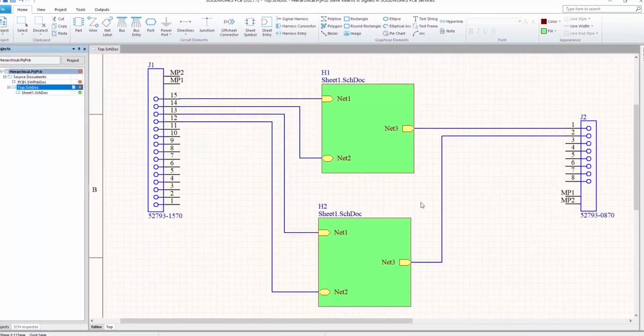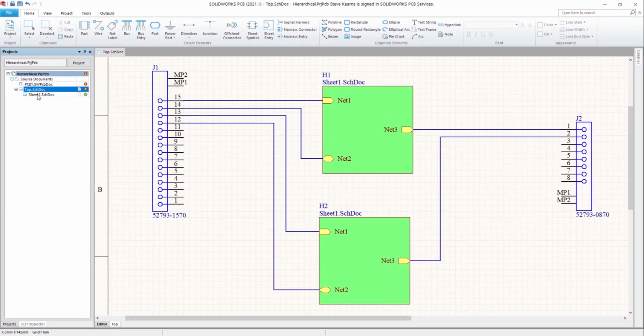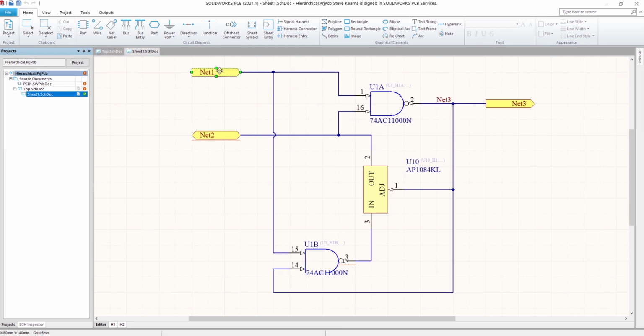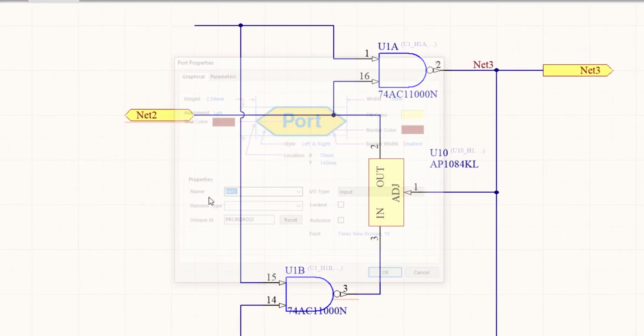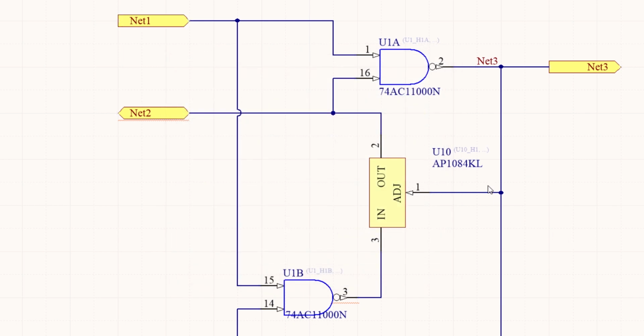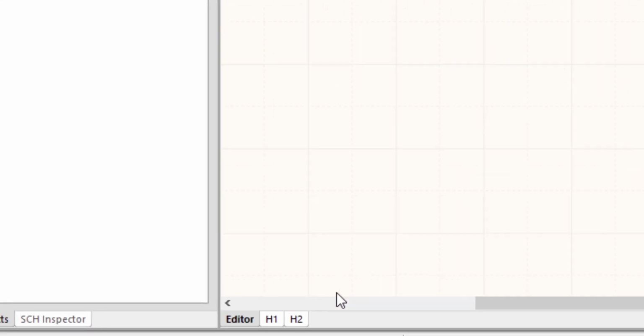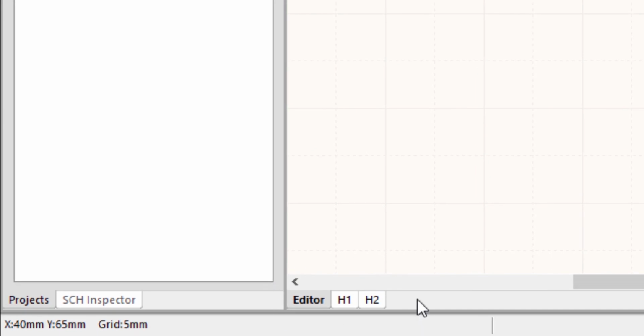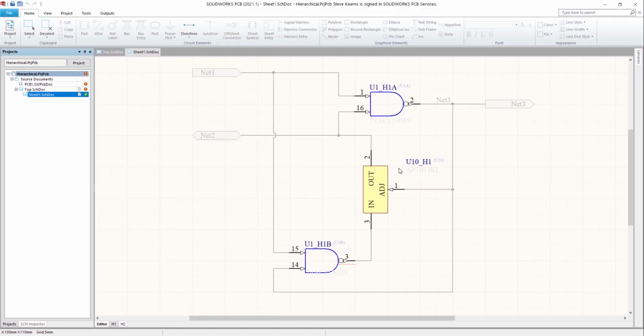Looking at the reference sheet, we see corresponding ports to the sheet entry symbols on the sheet symbol previously seen. A name corresponding to the sheet entry name is defined along with its type. On the sheet we see there are two components, U1 and U10. We also see that there is a room for each sheet symbol previously seen, so when selecting we see the physical naming of the components plus the room name.